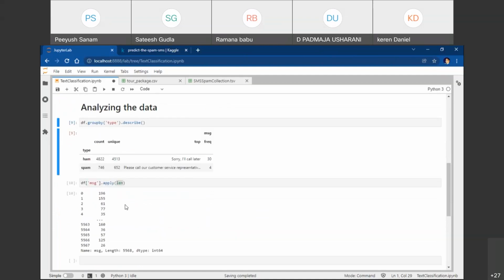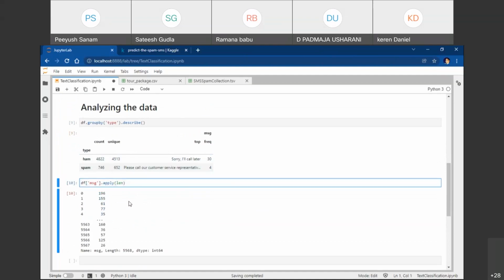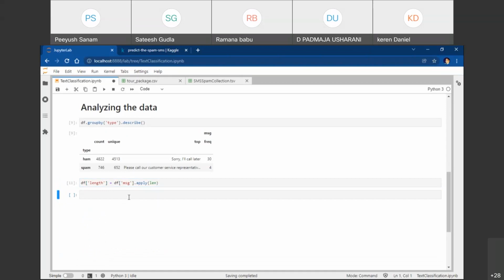I might be a little interested if I could compare the length of different types. I want to see the distribution because this is some sort of numerical data I've obtained. So how would I be doing it? I would just create a new column named length. And this is how I'll be doing it. Now I've got my data